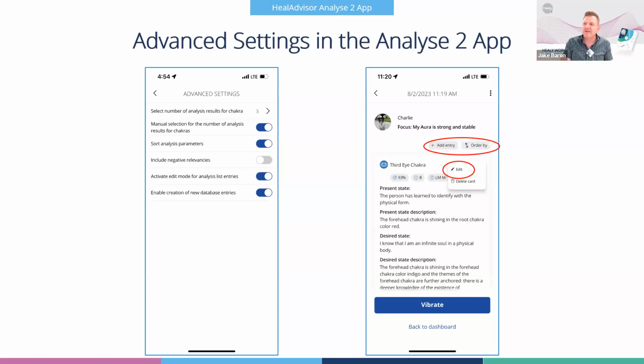That's why it is an advanced feature, because you don't necessarily need it to get the most out of your Healy device. Most people are fine just using it as is without modifying all these things, because it's so powerful as is, without even adding all these advanced settings. Without it enabled, it's kind of a cleaner picture because you don't have these other boxes. It's just, here's the results, here's what you need to focus on.